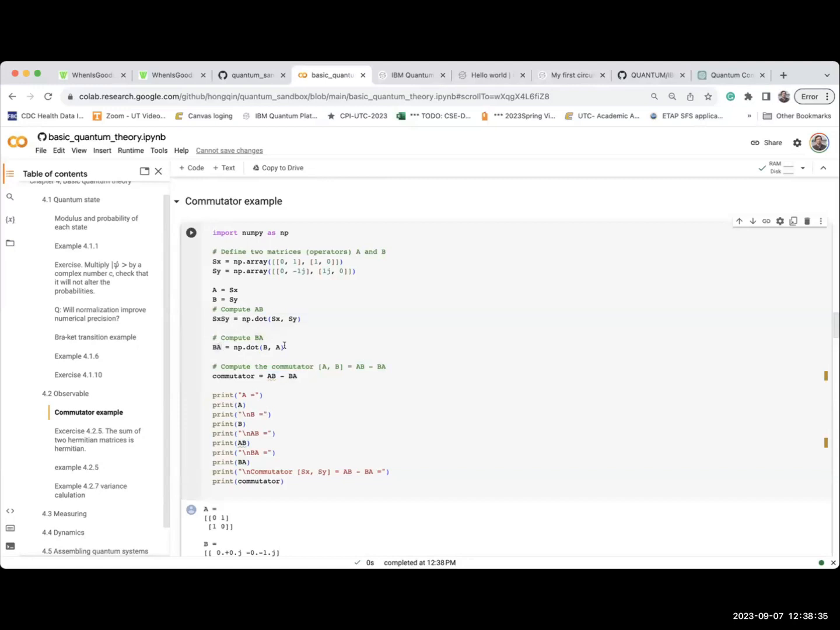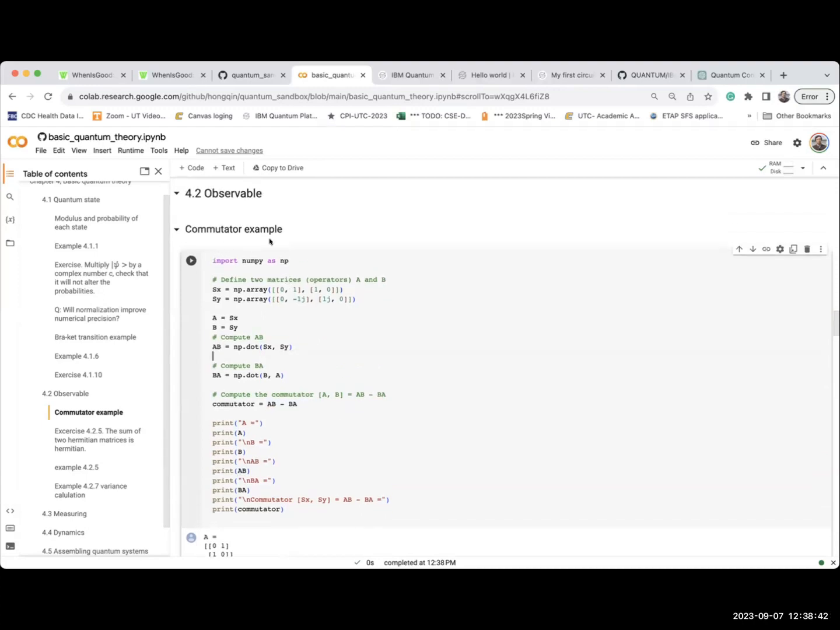Okay. Oh, that would be a lot of change. Okay, I'll just leave it there. So, commutator example